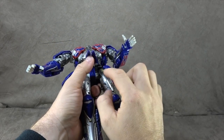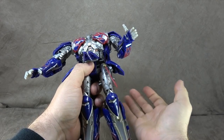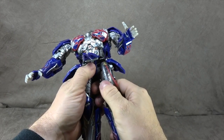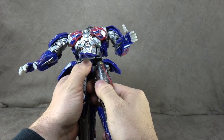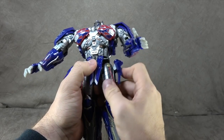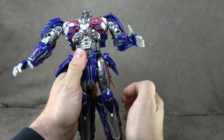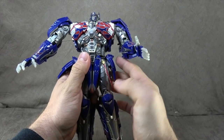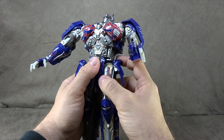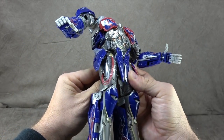Now, the hips themselves, as you see, are ratcheted universals outwards, smooth inwards, which is not what we often see, which is a strange choice, honestly, but it works fine. They also have a drop-down joint, not unlike what you see in SH Figuarts, that will help clean it up a bit when it's in bop mode, and you can get a little bit more range out of it when you're trying to pose it. You have a thigh swivel as well. You have to watch all this hip armor and stuff. Be careful of scratching the paint,